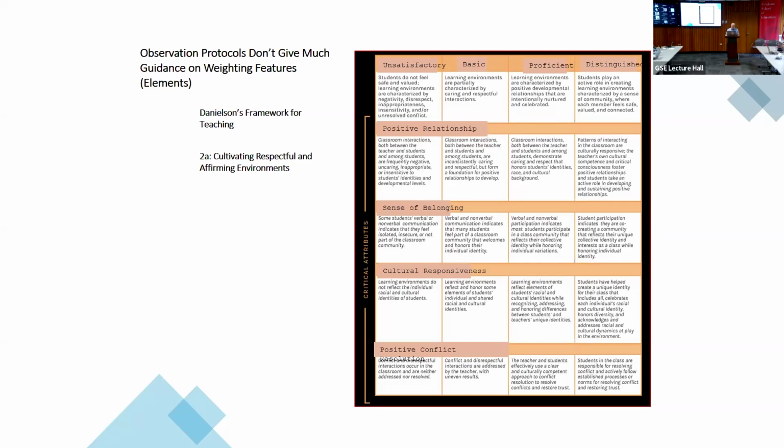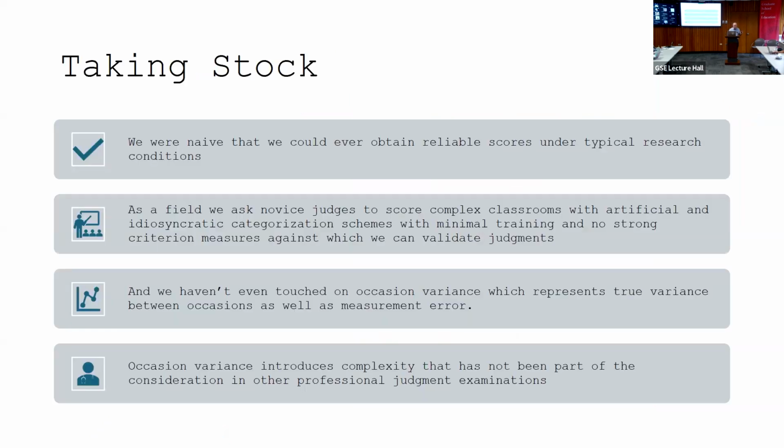Given that experts have a very difficult time integrating information from multiple features, our failure to give this aspect of scoring by non-experts far more serious attention than we've done is one more source of predictable scoring inconsistency. So taking into account all of this, we were naive that we could ever obtain reliable scores under typical research conditions. We're asking novice judges to score complex classrooms with artificial and idiosyncratic categorization schemes, minimal training, and